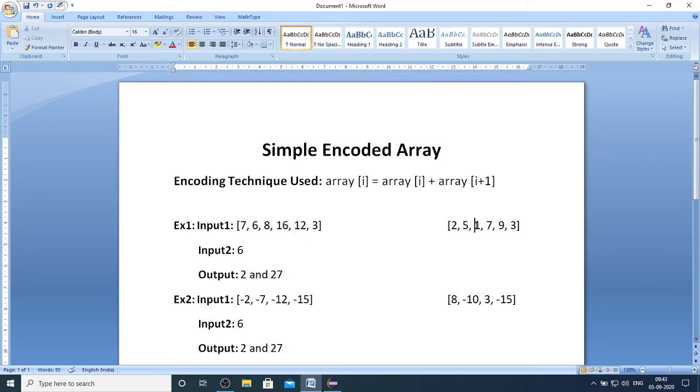So the original array, how you have to find it out, is in the reverse direction. You can find the original array whose value you can compute by array of I minus array of I plus 1. This is the only thing you need to understand. So you can find out the original array by using the formula array of I minus array of I plus 1, but from the reverse direction, because the only element that is unchanged in the original and encoded array is the last element.